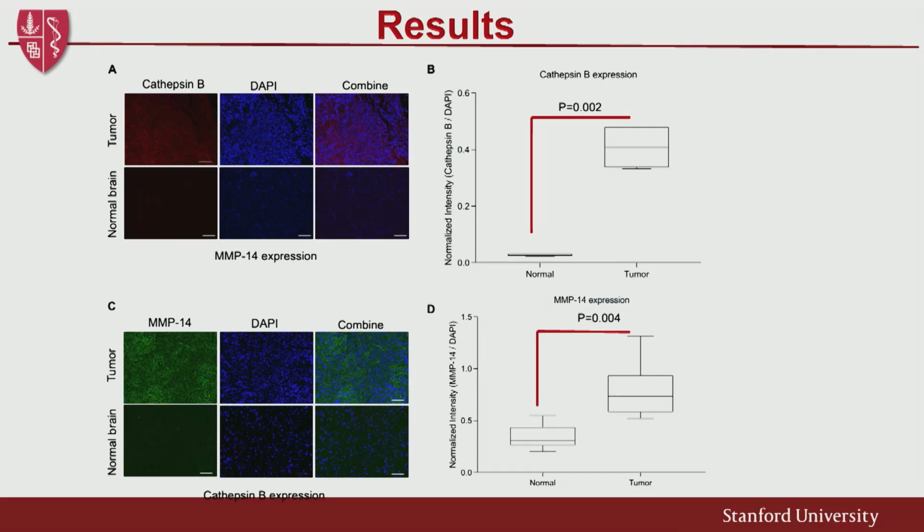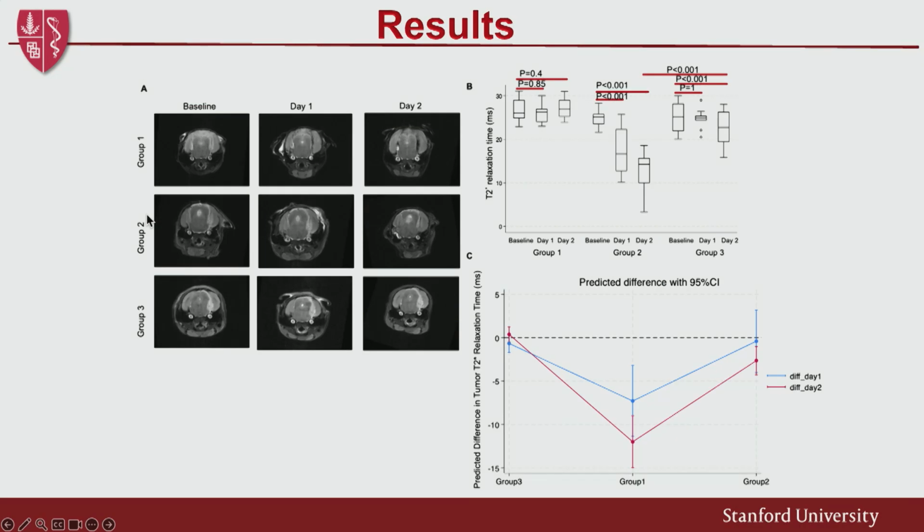To ensure that the theranostic nanoparticles are getting activated in the tumor environment, we measured the MMP14 and cathepsin expression in the tumor. As you see, the tumor environment has higher expression of MMP14 and cathepsin B than the normal brain tissue. As we go to the results in the MRI imaging, we have higher T2 darkening in the combination group therapy rather than monotherapy and the control group, which means we have more delivery of the therapeutic drugs into the tumor areas.